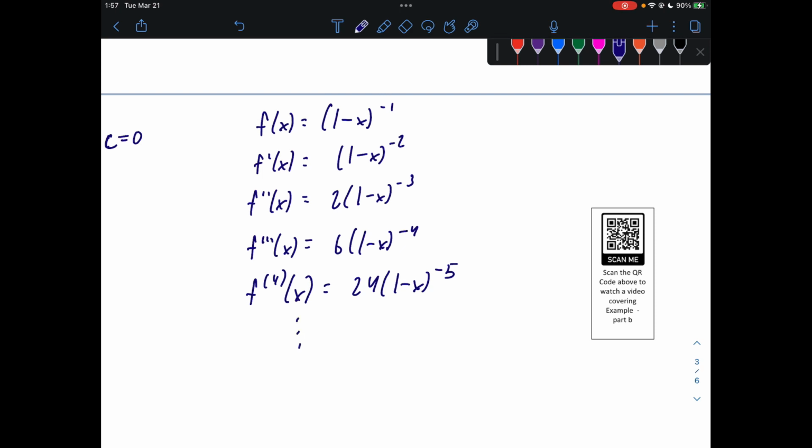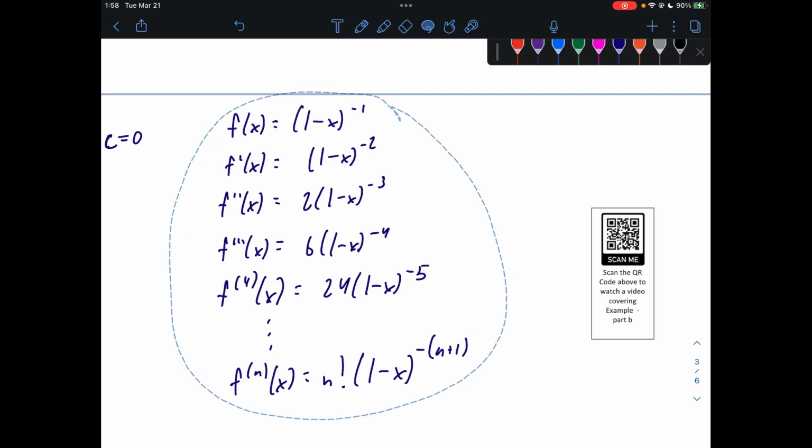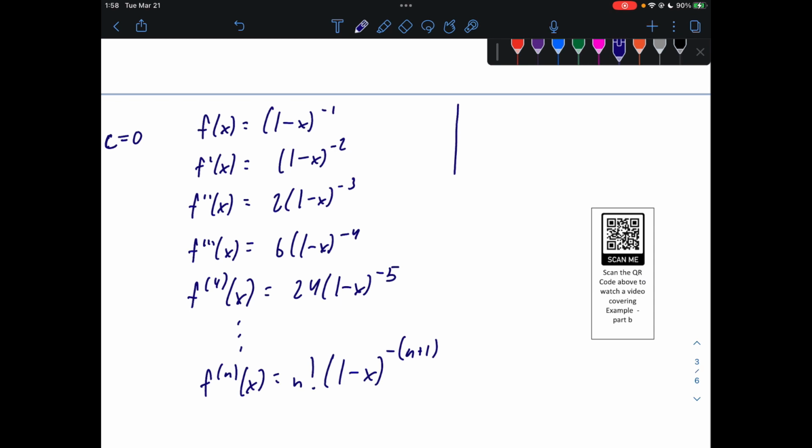So the nth derivative of f of x is going to be n factorial times (1 minus x), and then the exponents here are just going to be negative, and then 1 higher than what we're looking at here. So negative (n plus 1), 1 higher than the derivative. Okay, so with all of that in mind here,